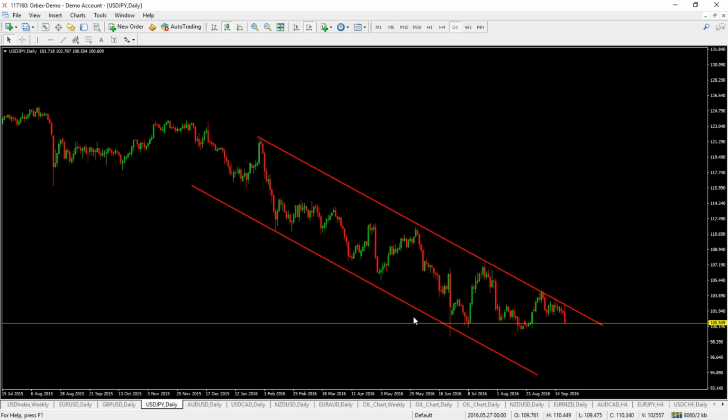Now, alternatively, if, in line with our base case scenario, the Fed gives hawkish signals tonight and indicates that a rate rise is coming before the year end, then we can expect the dollar yen to break out above this bearish channel resistance line, which has capped price all year. And you can see that since late August, we've had 3 more tests of this level, and each time this line has held. So this is a really important technical level for the market.